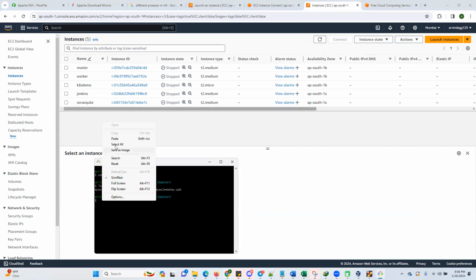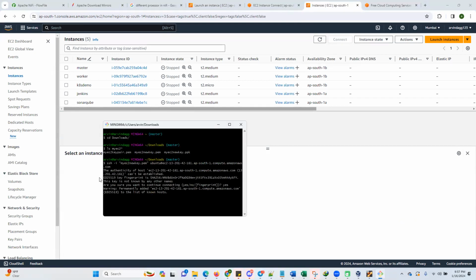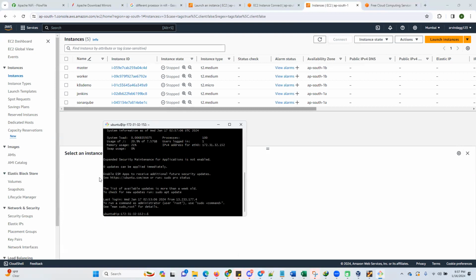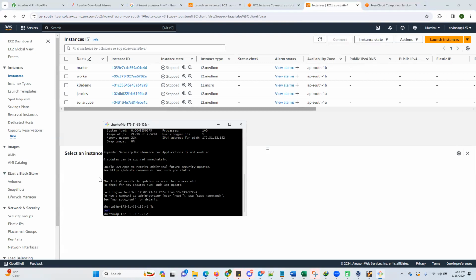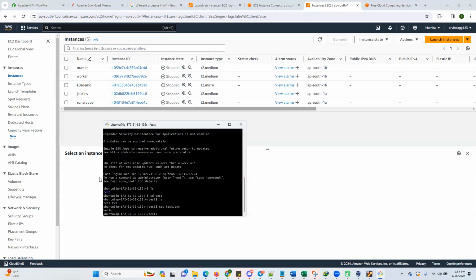Now I copy my SSH connection, and here I type yes, connect, and it will give me access to my EC2 machine. If I run ls here, I can see the same test folder, and I can cd test, and I can see my test.txt file. So this is a way I can connect to my EC2 instance by Git Bash. In Ubuntu also,